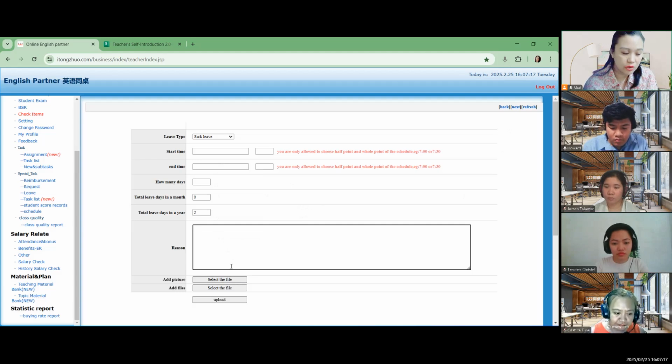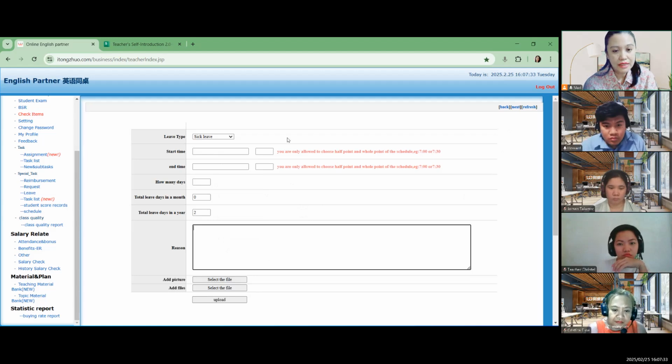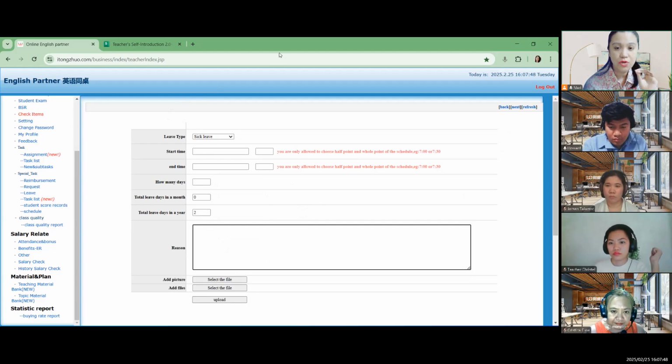So for instance, if it's a sore throat and there is no doctor's certificate, you can attach the medicines that you use for that. Then upload. What's going to happen is that I will receive the leave, and from my system, there will be two approvals: one coming from me and another coming from our office. So you just need to check the status of your leave.